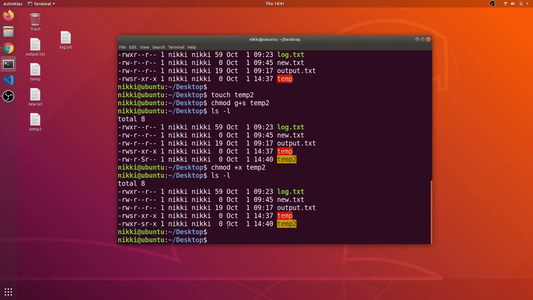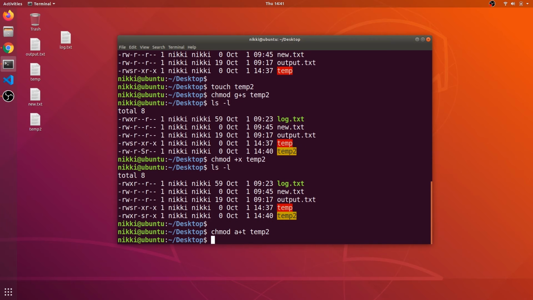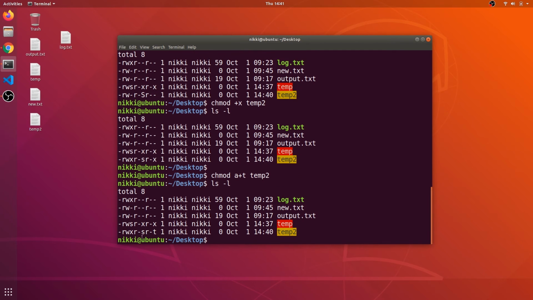And there is one more bit called the sticky bit, and to do this you need to say chmod a+t temp2 and ls -l. So there you see guys, for every other user the last bit has been set to t.